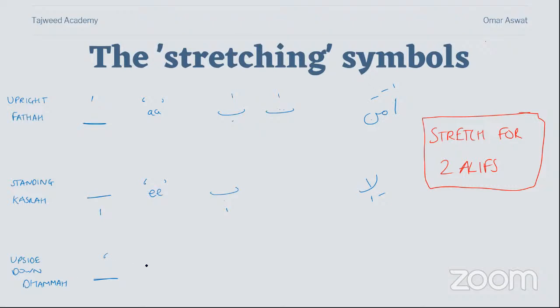The next one is upside down dhamma. For example, bu, du, bu. Again, we don't say o, bo, that's incorrect. We say u, rounded lips. Anything to do with dhamma, ensure you have rounded lips. For example, a'udhu, o is incorrect. A'udhu. So read clearly, and that will be the correct recitation of that letter. Do we have any questions before we move on?